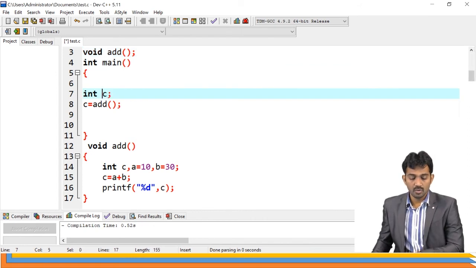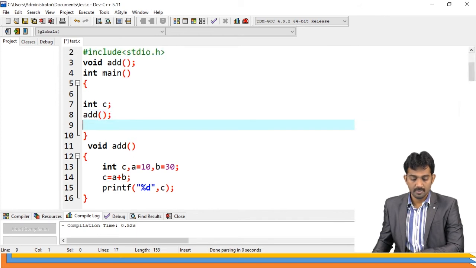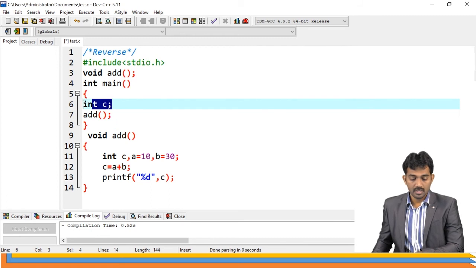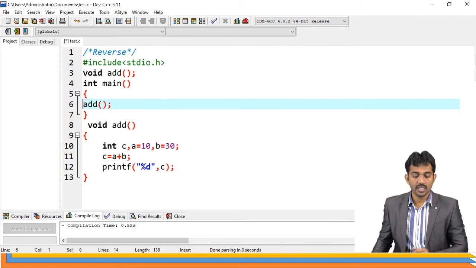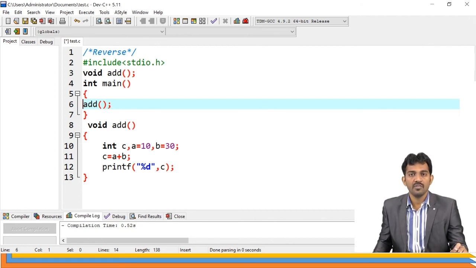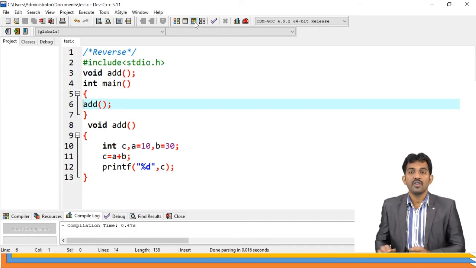So you just call the function. That's all. C is also not required. Is this clear? Here, just calling the function. No arguments, no return value. There is no return type and there are no arguments. This is the last type of calling function. You run this code, 40 is the output. Is this clear?